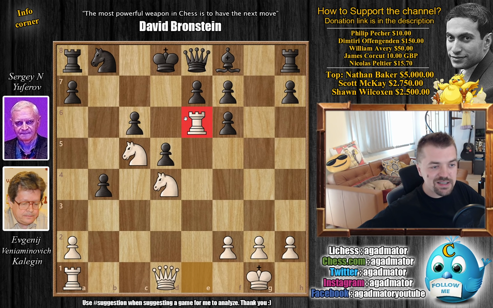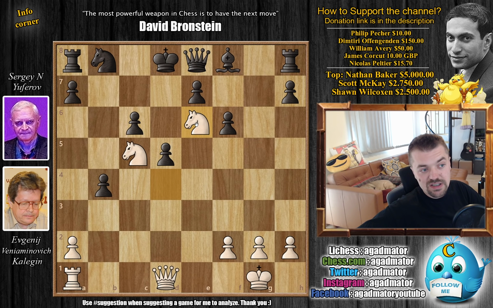So after rook to e6, Yuferov decided that there is no other move. Let's simply capture the rook. So f captures on e6, and now knight d captures on e6 with check, leaving the black king with only one square, which is king to c8. Which of course was played, king to c8, and now comes queen to g4, threatening all sorts of nasty discoveries,